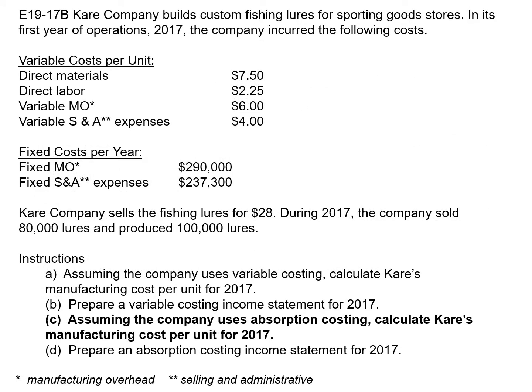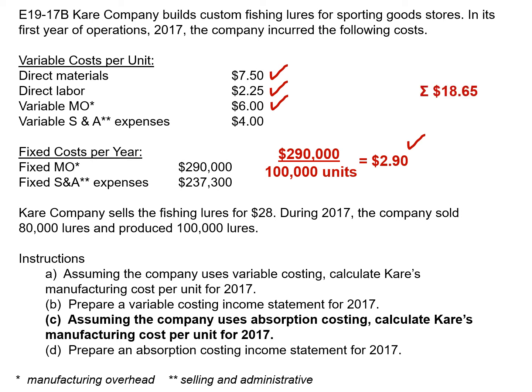All right, now we need to determine our manufacturing cost per unit using absorption costing. Under this method, we would include direct materials, direct labor, manufacturing overhead, and we also would include our fixed manufacturing overhead. Again, our fixed manufacturing overhead is $290,000. We produced 100,000 lures, so we're going to include $2.90 for our fixed manufacturing overhead. If you add up those items, our product cost is